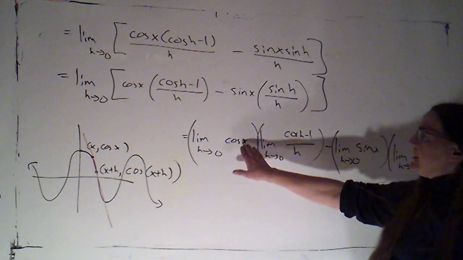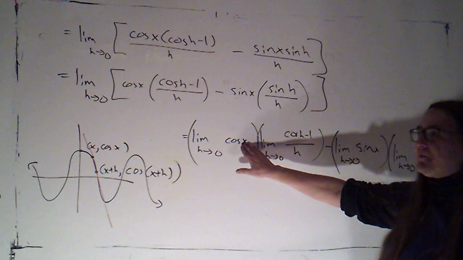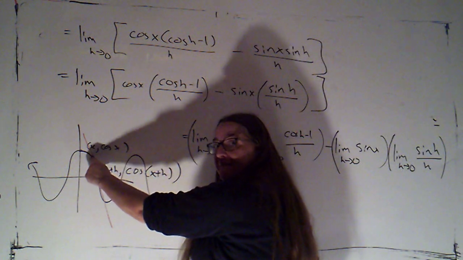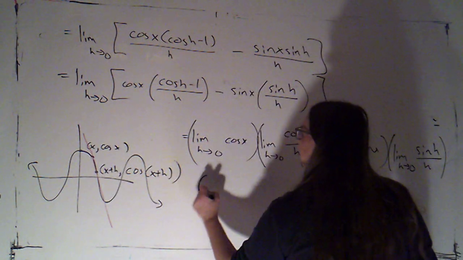For this first limit, cosine of x doesn't have any h's in it. It is constant with respect to h. Again, that's because this was representing a fixed but unspecified point. So this is going to be cosine of x